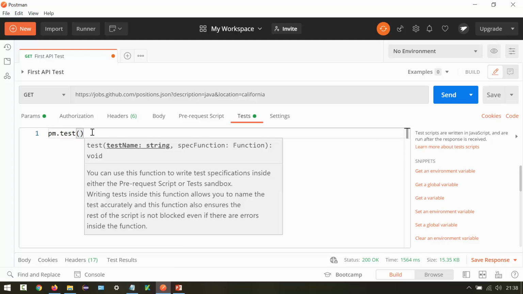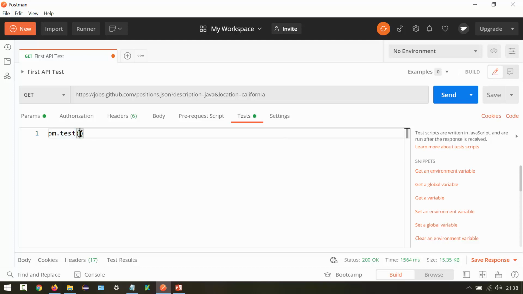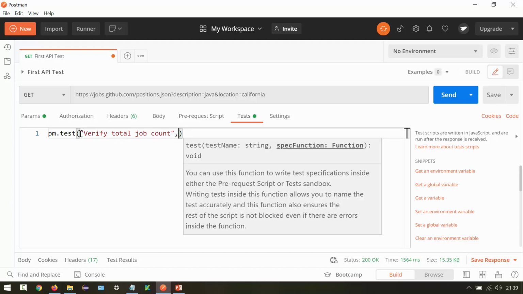Then we have two things for a test. The first thing is the test name. The second thing is the function, like what we want to test. Let's start with the test name. In the test name I can say verify total job count. After that we need to write the function, exactly what we want to test.